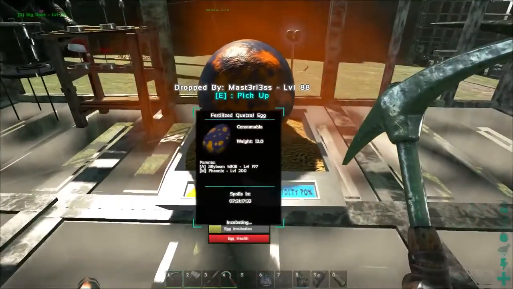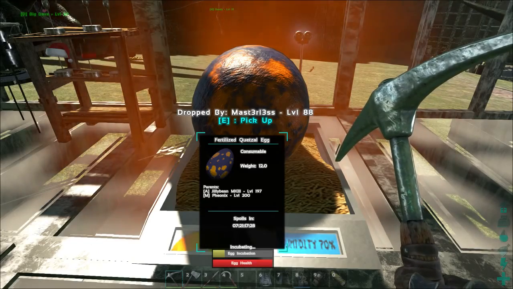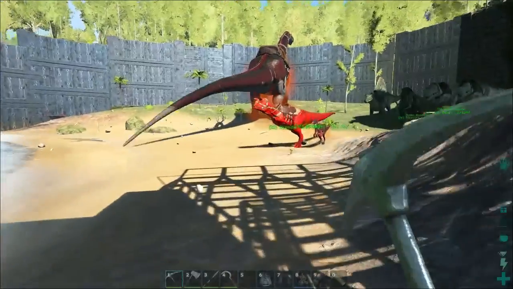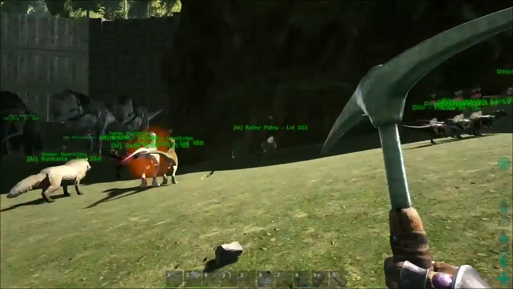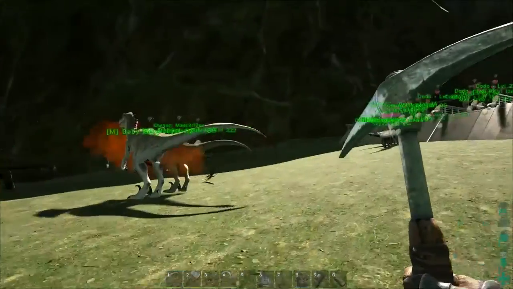So we've also got the Quetzal egg over here, still incubating, as you can see, not too far to go now for that egg. I'm going to pop outside and just check on the sex of the raptors that we have at the moment, just to make sure that we get the right type. Okay, so the raptors that we've got at the minute are male,